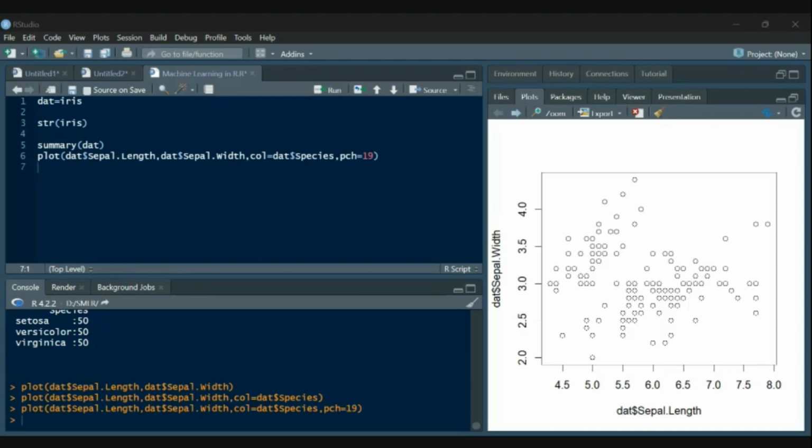Is everyone able to do it? Not able to get data. Sunita ma'am, you're opening... just simply write down iris and you will get the data.